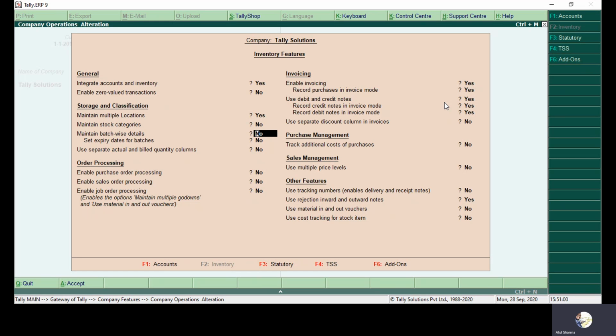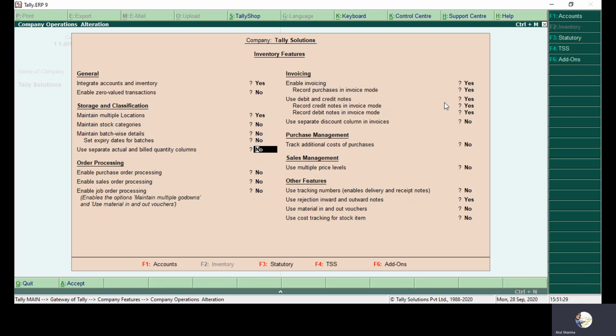And some of you are dealing in batches, like you are purchasing in batches, or you're doing some manufacturing work where you want to define the batches and deal with the batches, and you want to define the expiry and manufacturing date as well. Mainly you can define this for food items and medicines, where you can define this expiry date and batches.